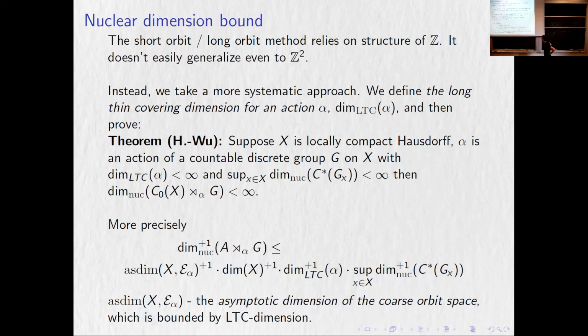So if the nuclear dimension is finite. But that's surely false, because this implies, if this LTC dimension is finite, it implies that the dimension of X is finite. Yeah. So we know that we have actions with 0 mean dimension. This does not cover those. Maybe there's some improvement we don't know about, some asymptotic version of that. It would be interesting to do, but the way it stands, we strictly assume X is finite dimensional.